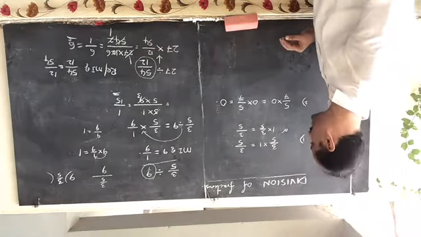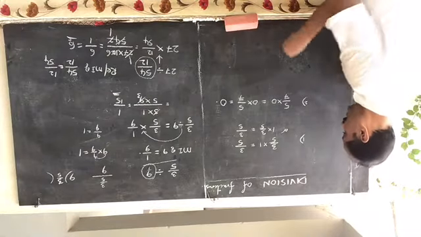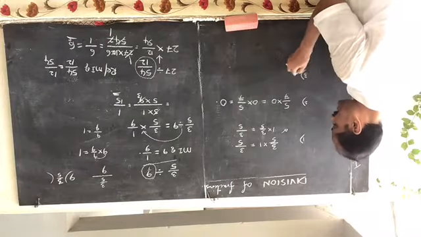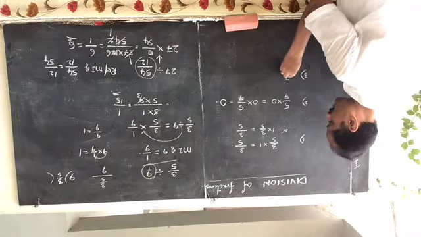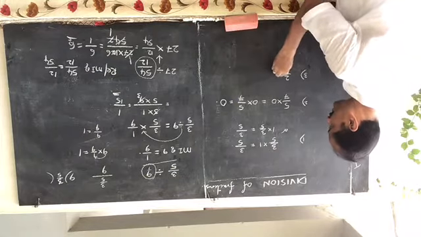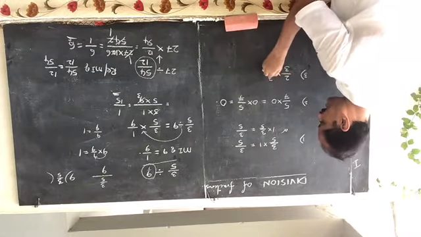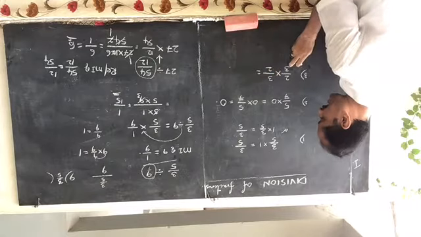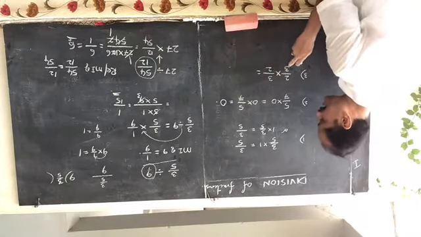Properties of multiplication and division. If you are multiplying a fraction with its reciprocal, 2/3 into the reciprocal of 2/3, 3/2. If you are multiplying a fraction with its reciprocal,